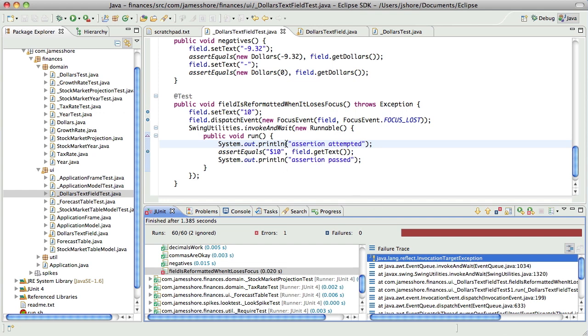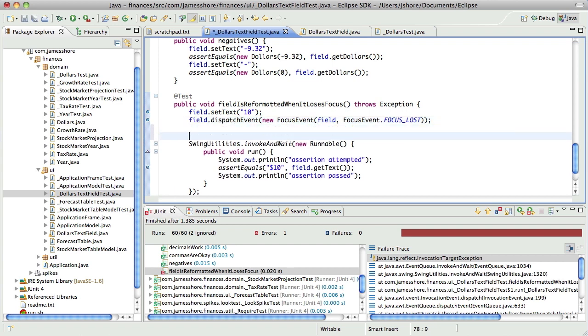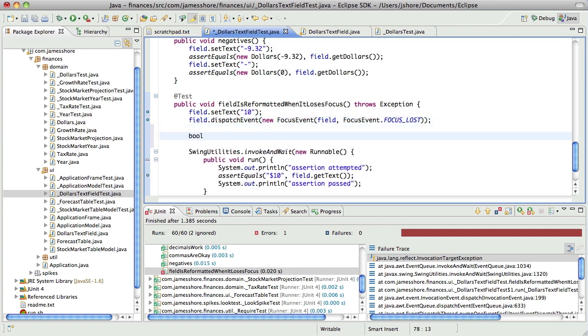So I wonder if, boy, this is just getting uglier and uglier. I wonder if we need to do something like this.